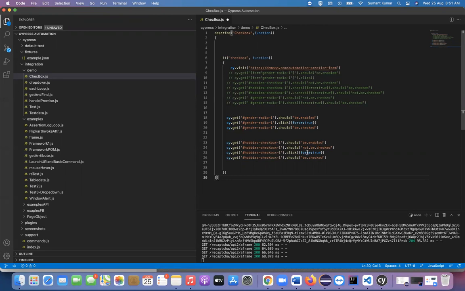Yes. Then first time it is not checked, so I'm checking that whatever CSS I used, that checkbox is not checked. Then I use click or check, anything we can use, and after that we verify whether it is checked or not.